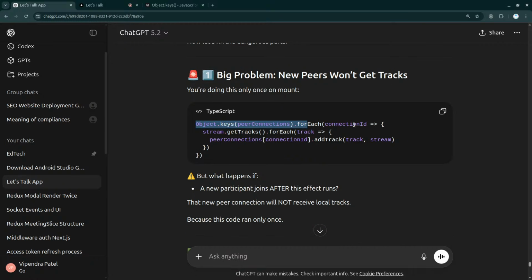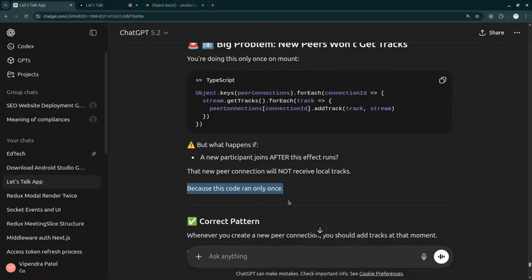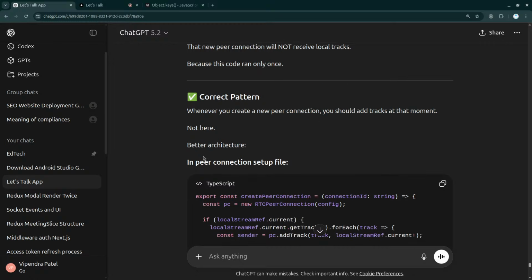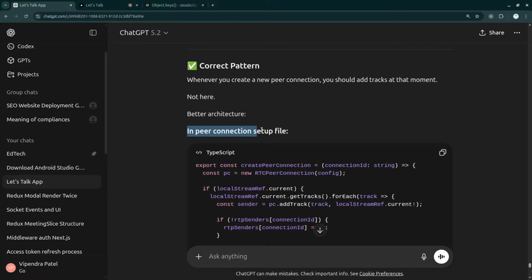So object.keys peerConnection for this. But what happens if a new peer joins after this effect runs? That new peer connection will not receive local tracks because this code runs only once. Yeah, that's right. The correct pattern can be, whenever you create a new peer connection, you should add tracks at that moment. So not here, rather in the peer connection setup file,